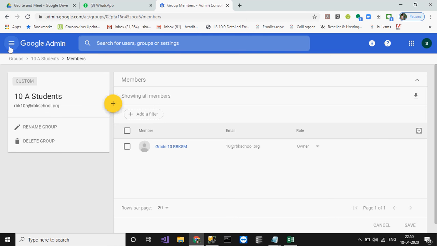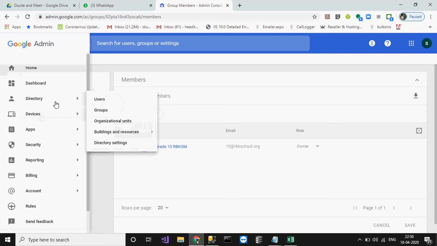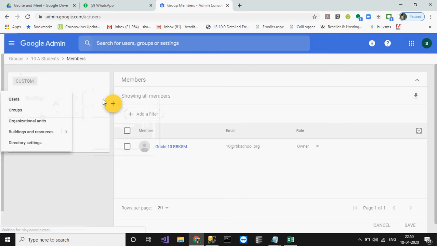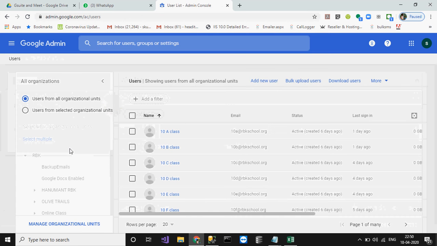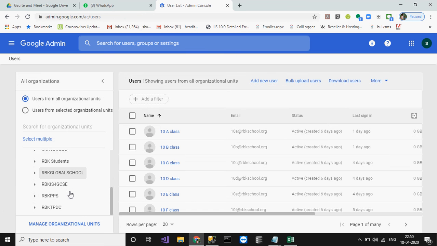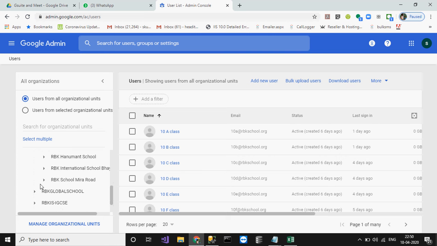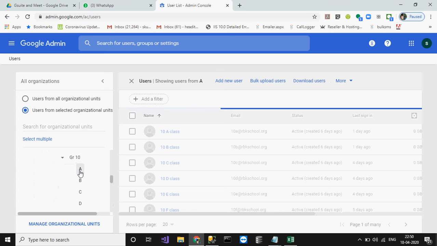Next, go into the directory users and select your desired respective OU. Here I am taking students, and Mira Road, then secondary, that was my grade 10, and all 10 students are here.